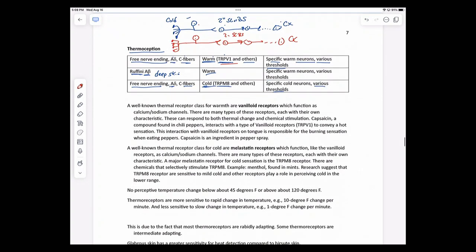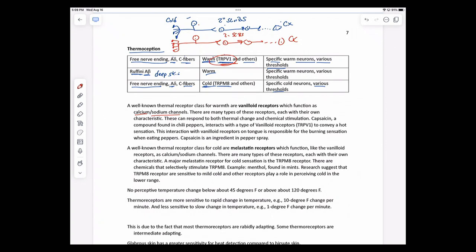So what I want to do now is to talk a little bit more about that TRPV1. The TRPV1 receptor itself is a protein in a cell membrane in the free nerve endings, and it's functioning as a cation channel, and so it's thought to be basically letting in calcium and sodium when it opens up. When the calcium and sodium goes in, it alters the action potential frequency in the neuron, and then off to the races we go down the chain of neurons, eventually influencing what goes on in the cerebral cortex itself.